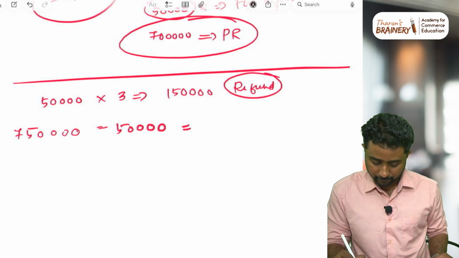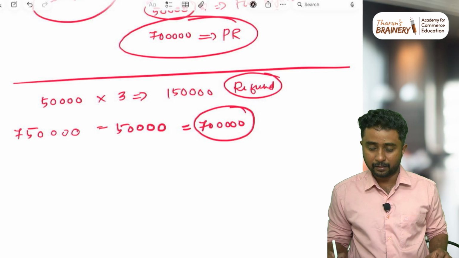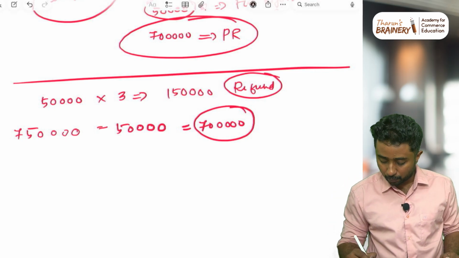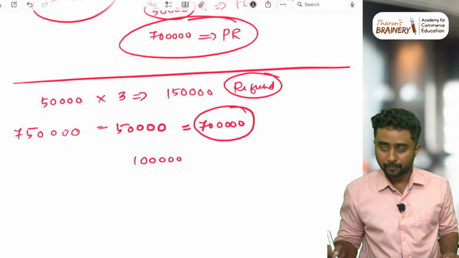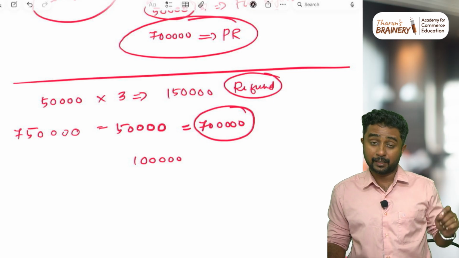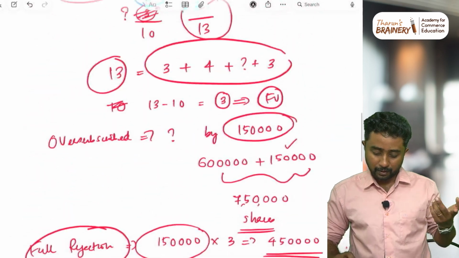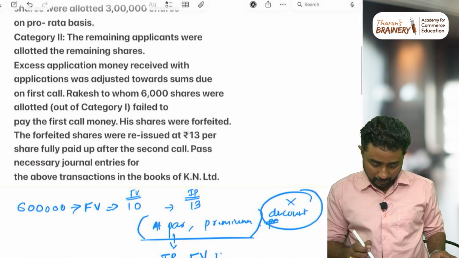How much is there? 7 lakh shares were there. 7 lakh shares are there. That means still we have how many shares extra? 1 lakh shares extra. 1 lakh shares applications extra. Right. So we need to know what they are doing next. So as you can see here,